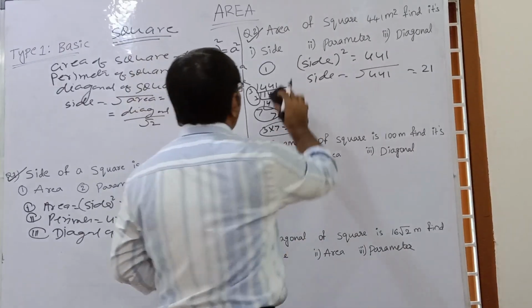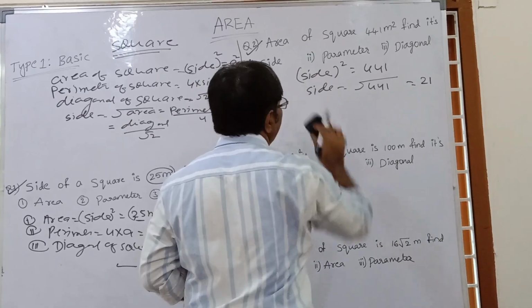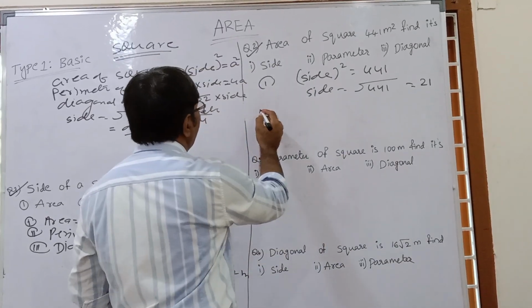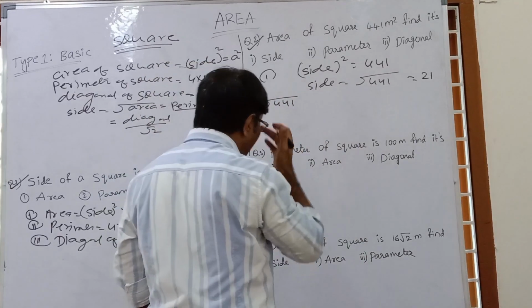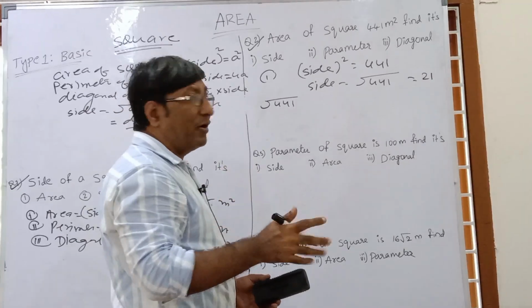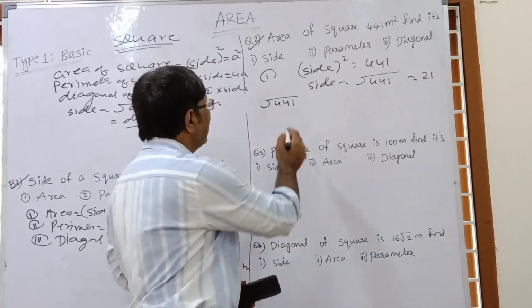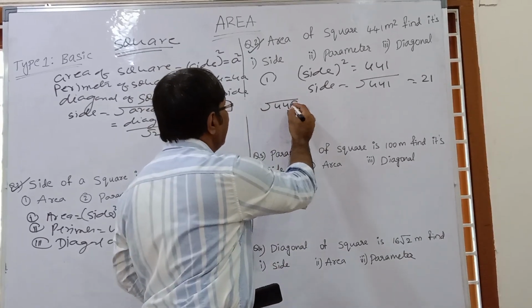Okay. Now you see the same technique. How can we find the square root of this number by a technique? Just like 441. So finding a square root by technique, the first step is what? Make pairs of 2 from the last. So this is the last number, make pair. Now check the unit digit is 1.